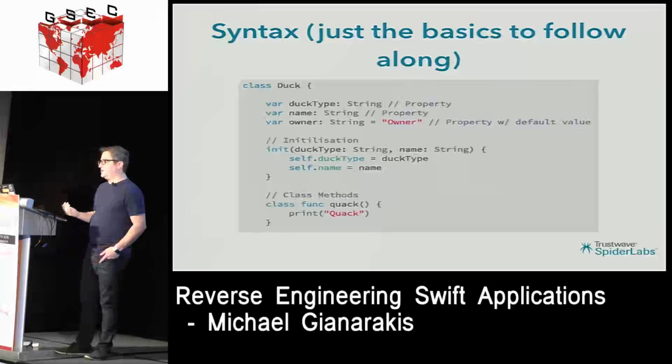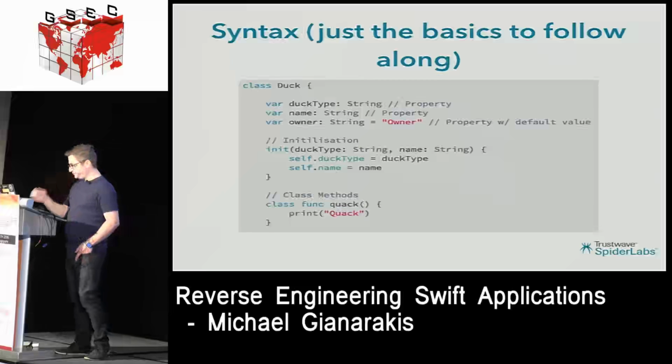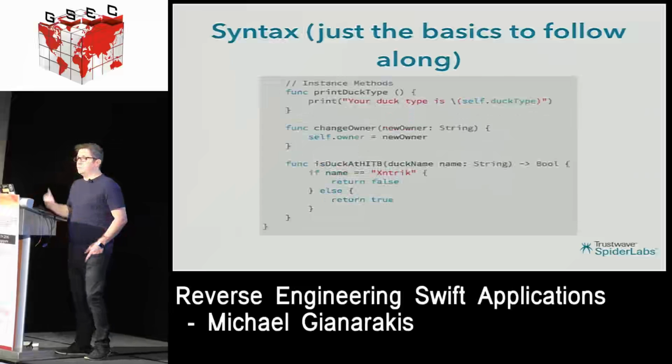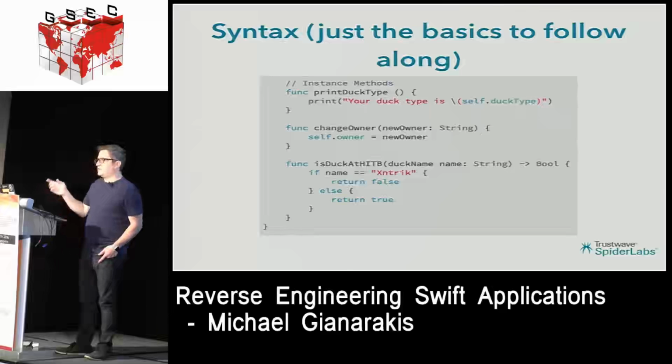A class method uses the standard method keyword, which is func. If you prefix that with class, it creates a class method. Instance methods, so again, it's just the standard func keyword. And you've got here,